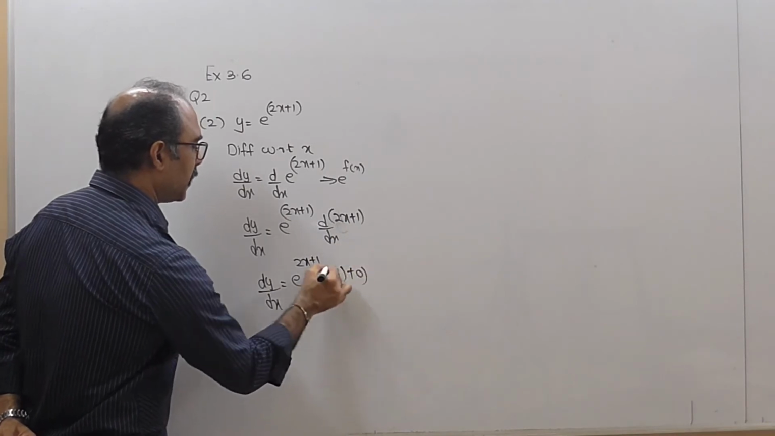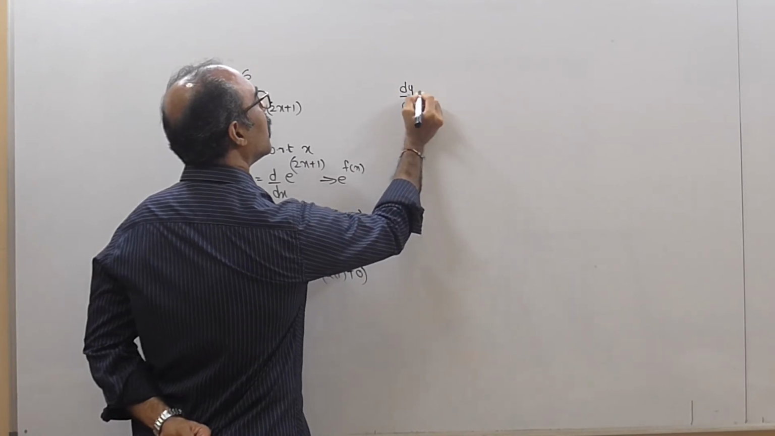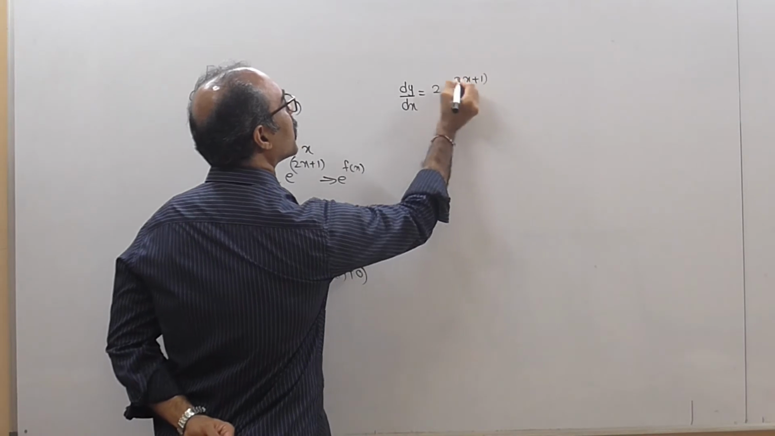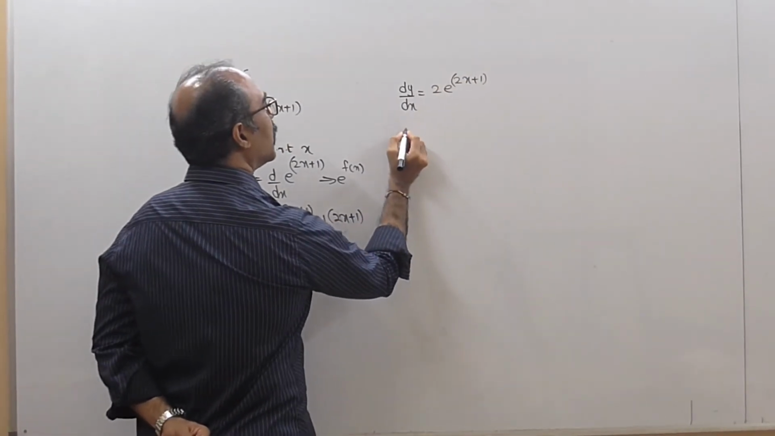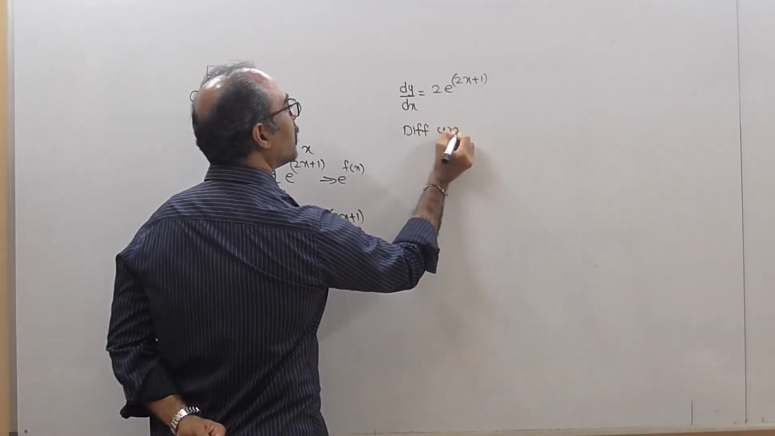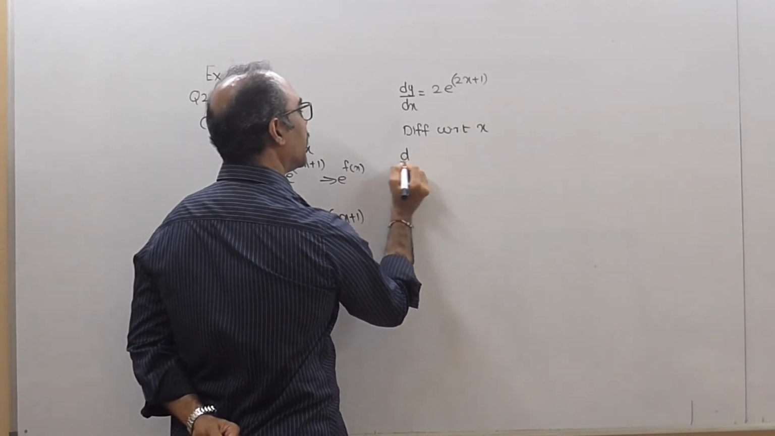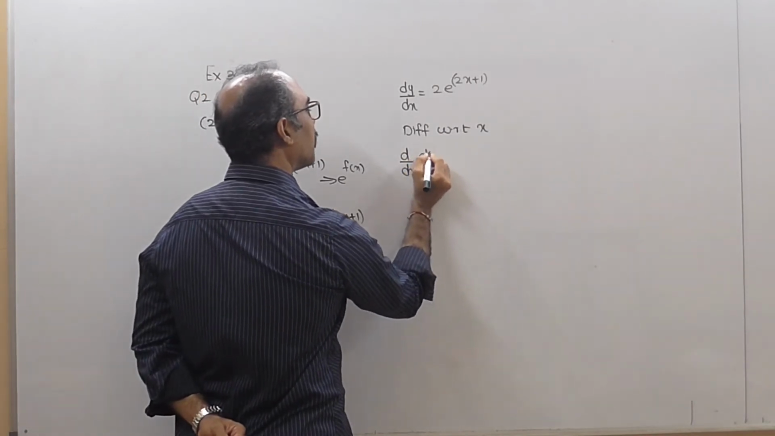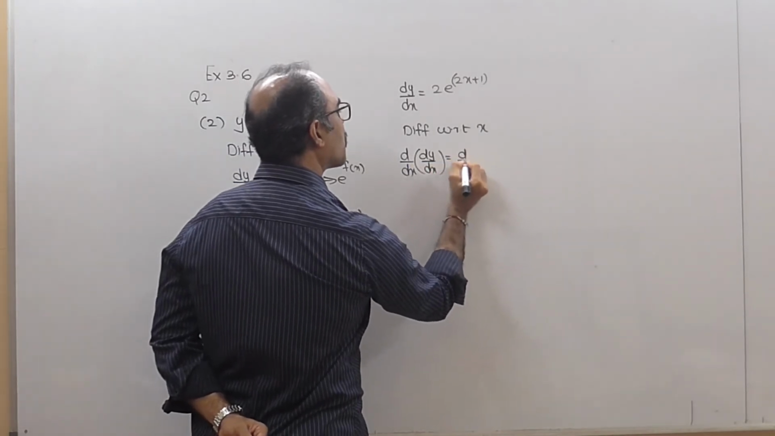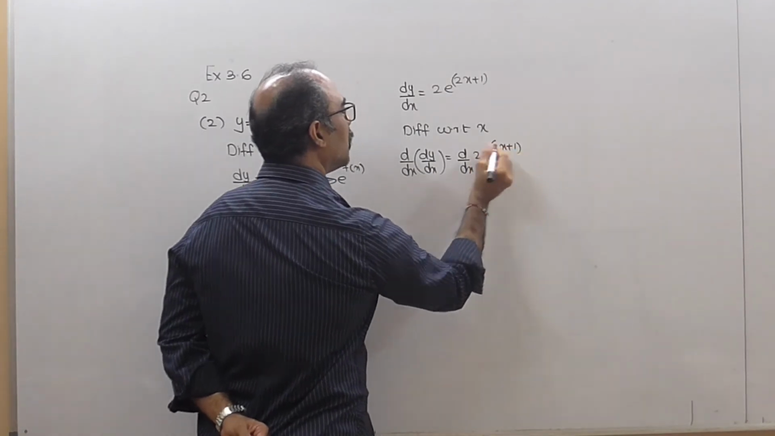the derivative of x is 1, the derivative of 1 is 0, so we get dy by dx equal to 2 times e raised to 2x plus 1. Then again you can differentiate with respect to x. So we get d by dx of